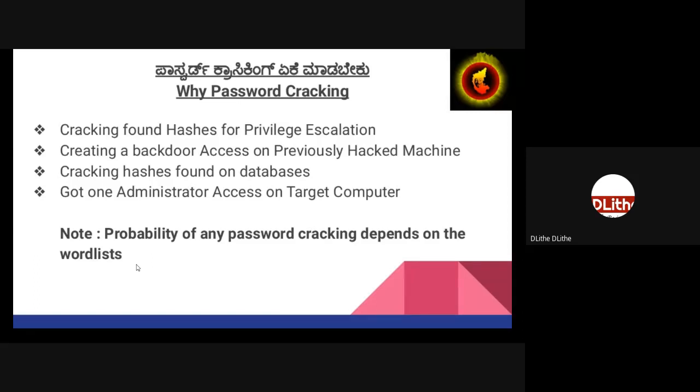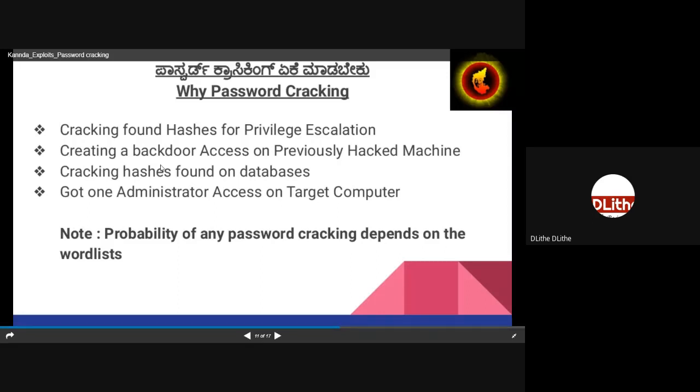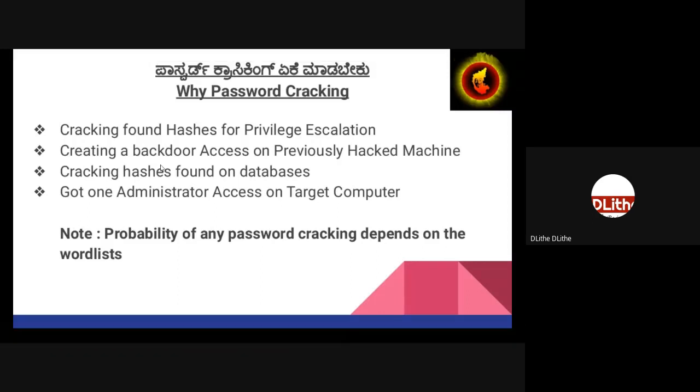You cannot crack a password of a system unless you have some sort of access on this machine. There are different cases. First, you are doing privilege escalation, assuming you have already compromised the machine, and you are able to partially run some command as administrator.